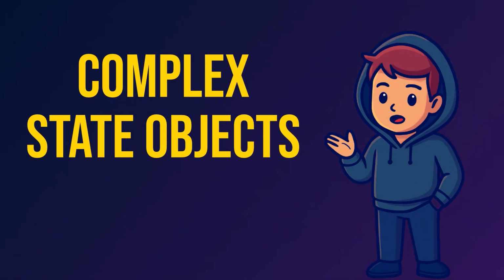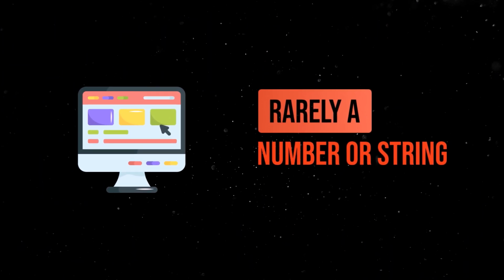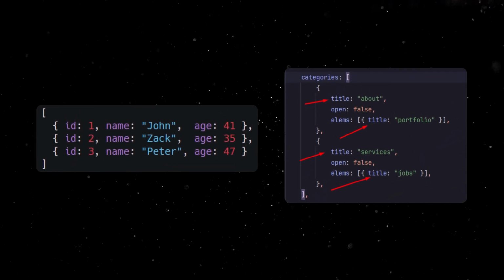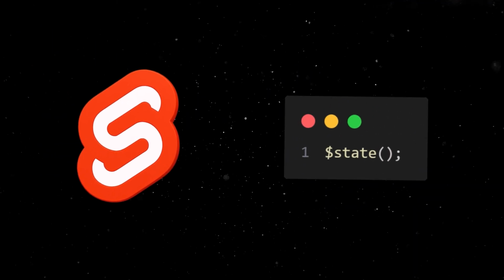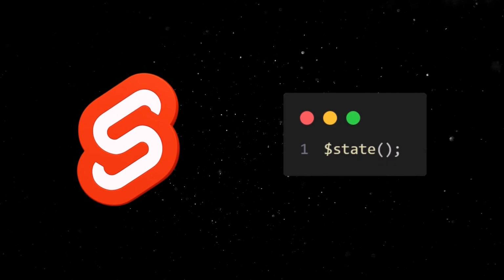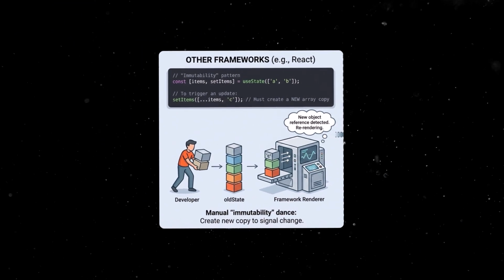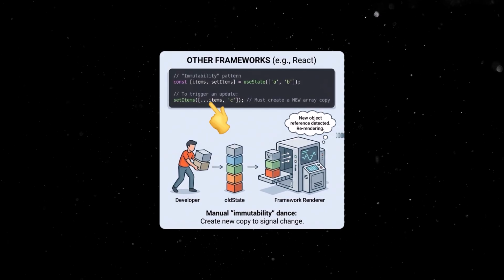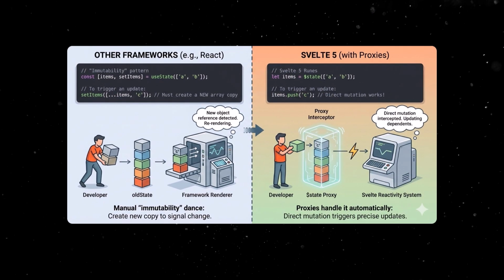Complex state objects. In modern web applications, state is rarely just a simple number or a string. We often deal with arrays of objects or deeply nested structures. In Svelte 5, the state rune is incredibly powerful because it is deeply reactive. Unlike other frameworks where you must use immutability and spread operators like this to trigger an update, Svelte 5 uses